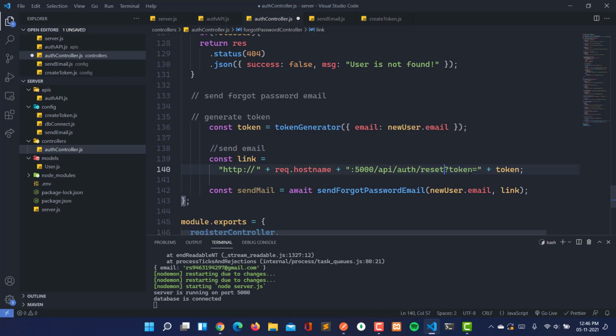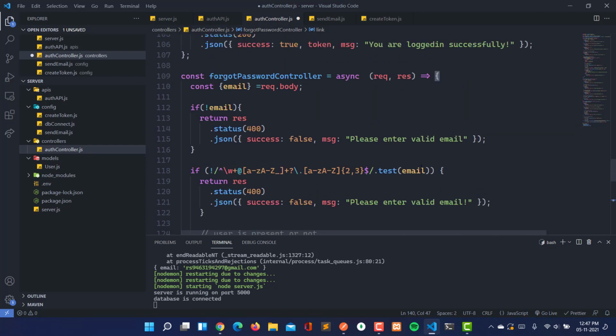So this reset password will be there, and this route we are going to create in the next video, in the upcoming video.